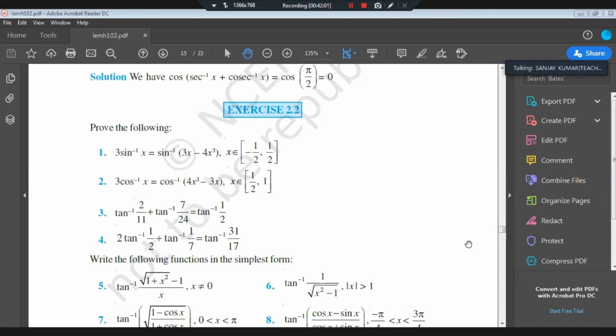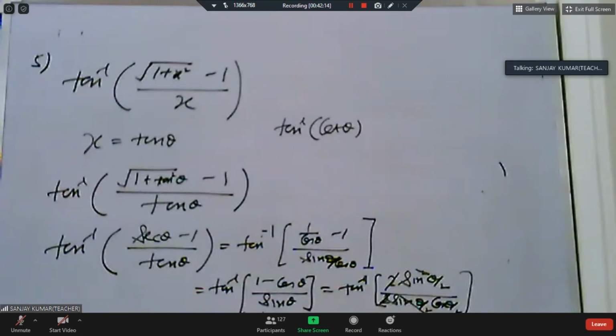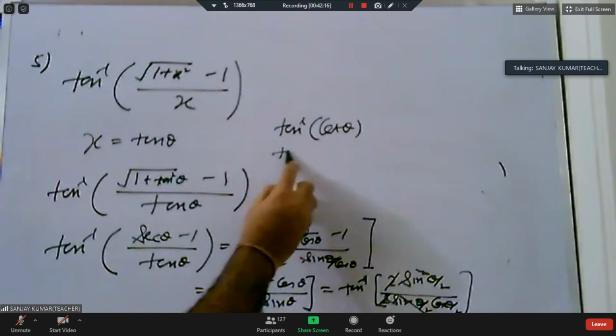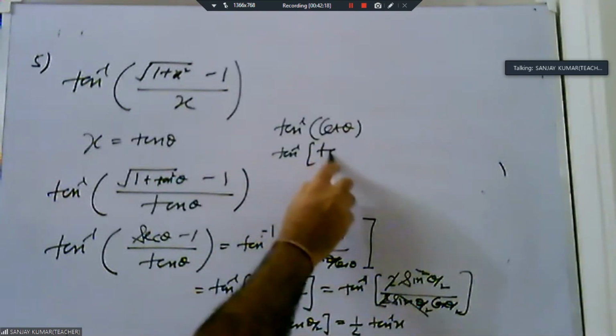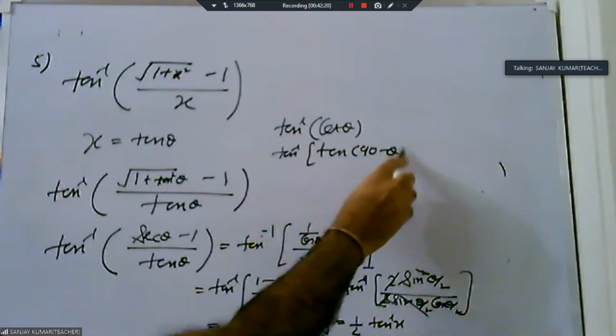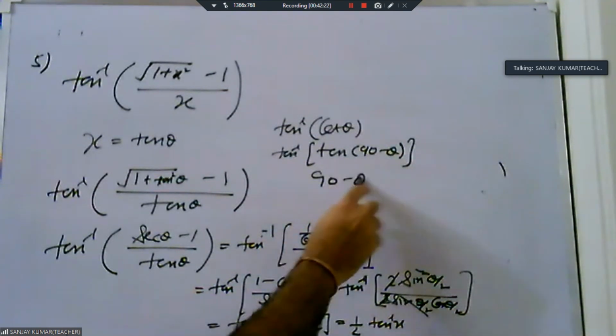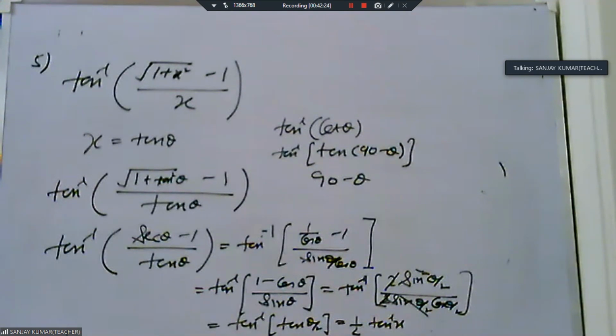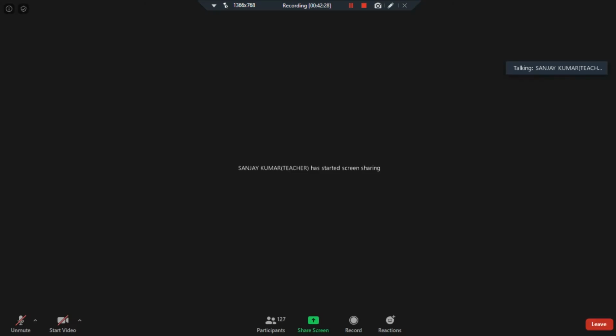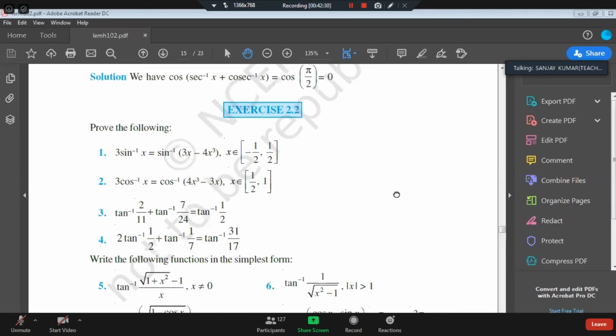Okay, there is one problem in that. Yes, I did not tell you this. If any time you get tan inverse cot theta, you have a trick for it. You can change it to tan of 90 minus theta, and then it is 90 minus theta. You can use this trick, okay? If you have this, then you can suppose this one. You start the sixth sum.